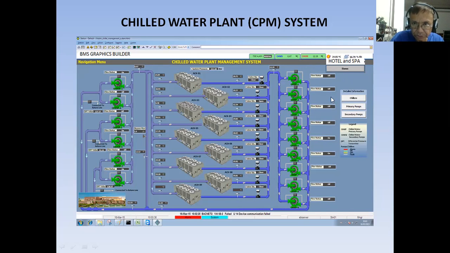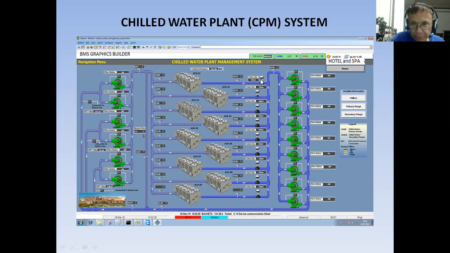As you can see, at each primary pump we installed one differential pressure switch for the water flow proving. Every pump has a differential pressure type switch installed across it. As you can see also in the secondary pump, we have a differential pressure switch. Now, for each chiller, we are monitoring the entering water temperature and the leaving water temperature.